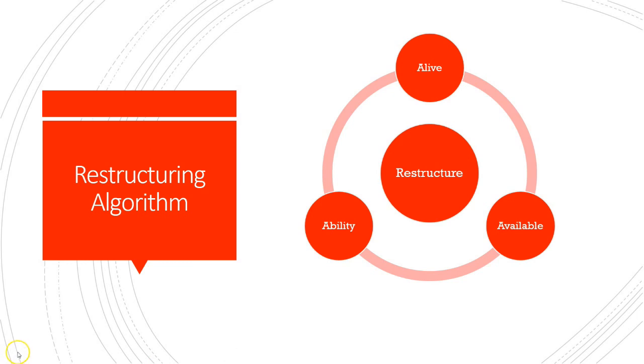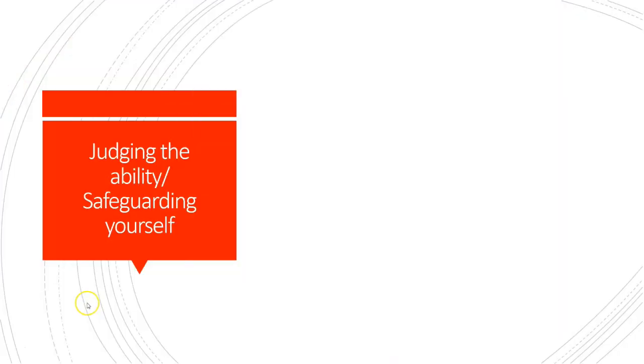But as per my understanding, most of you are concerned with the third one, that is the ability of the borrower or the viability of the restructure as mentioned in RBI norms. So we will talk about it now. There is no black and white rule to judge the ability of a person in small and unstructured loans. So I will give you 8 tips to safeguard yourself while restructuring a small loan. These are only an indicative list, not an exhaustive one.